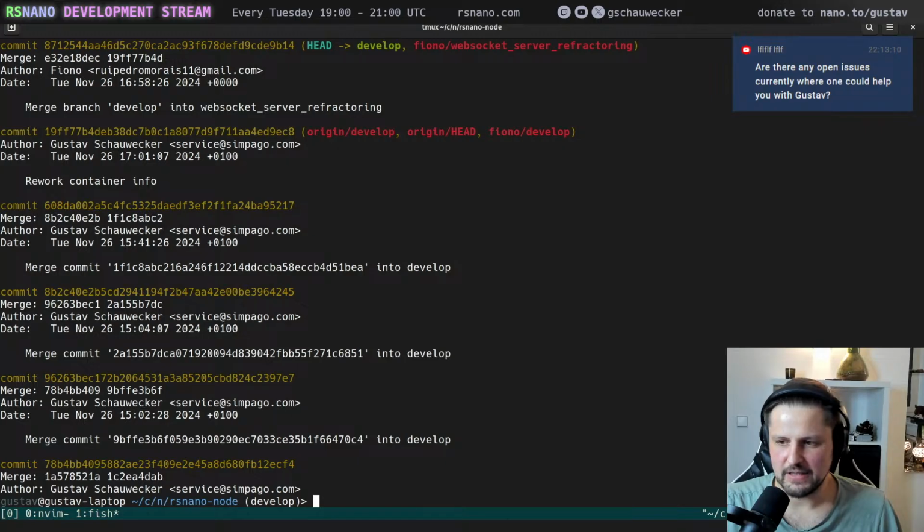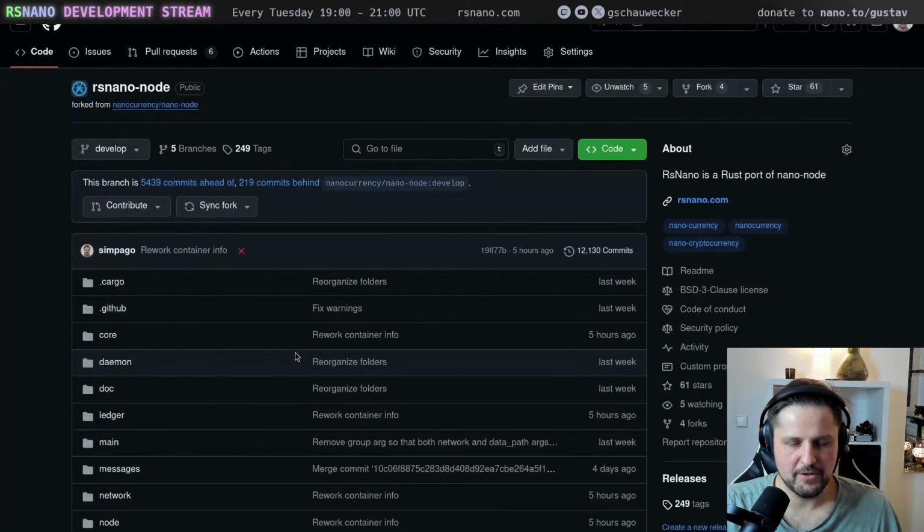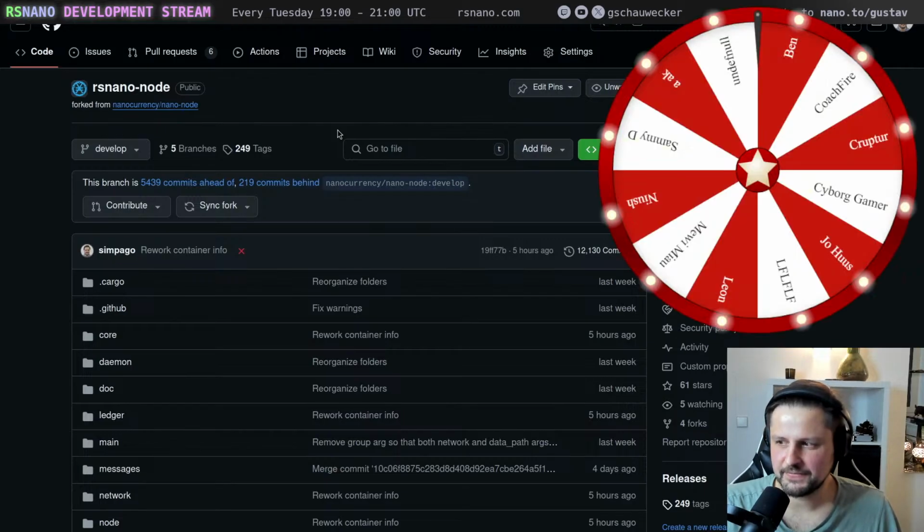If you want to do some dev work, let's see, what could be. So merging upstream commits is something that I want to do. Yeah, there is something, and that is OpenCL proof of work generation.